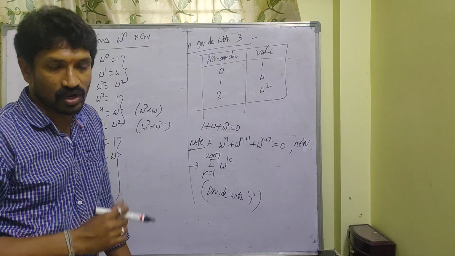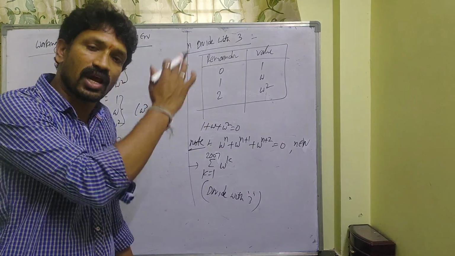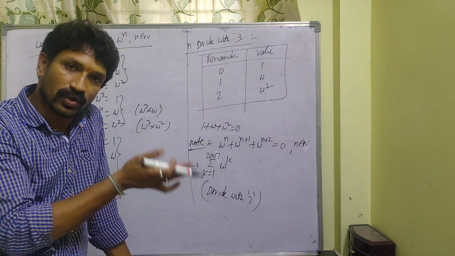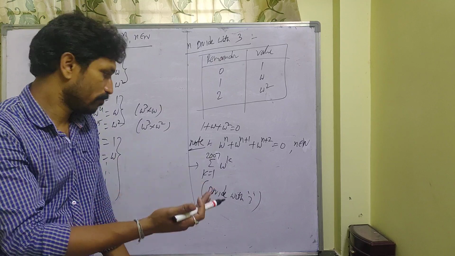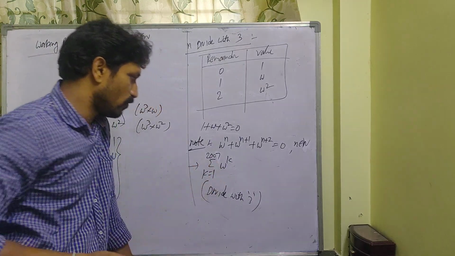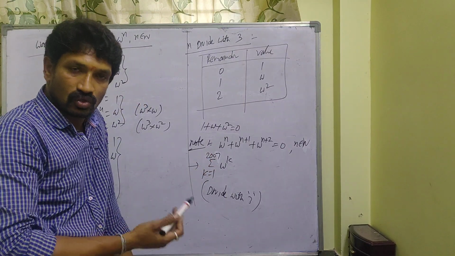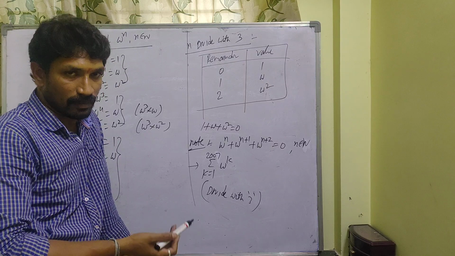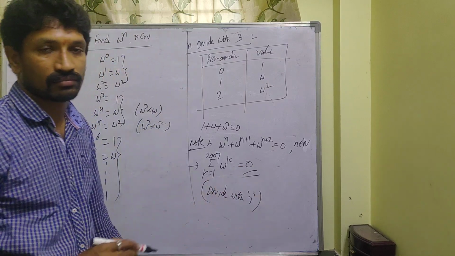If the remainder is 1, then you get one term, either you can take from the starting or the ending. If the remainder is 2, you can take two numbers either from the starting or the ending. So 2007, when you divide by 3, 2 plus 7 is 9, and 9 is exactly divisible by 3. So the remainder is equal to 0. Remainder equal to 0 means this value becomes 0.